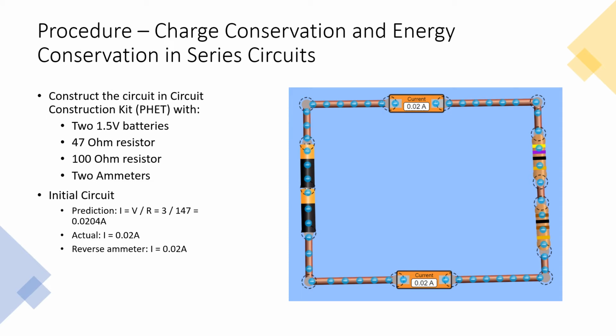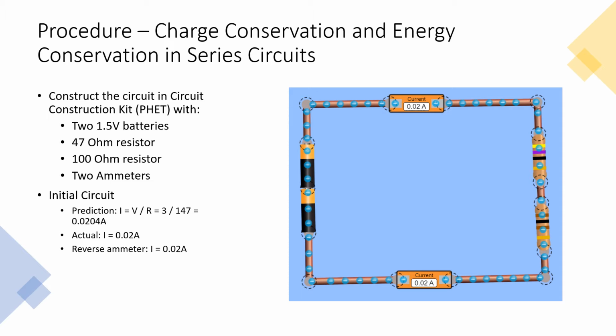For the experiment procedure of charge conservation and energy conservation in series circuits, we first need to construct the circuit in Circuit Construction Kit with two 1.5 volt batteries, one 47 ohm resistor, one 100 ohm resistor, and two ammeters. We predict the current in the circuit equal to the voltage over resistance, which is equal to 3 over 147,